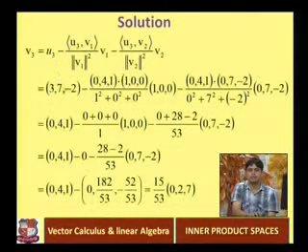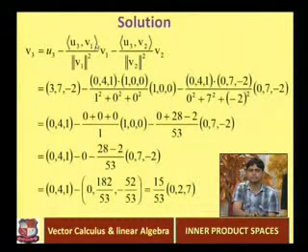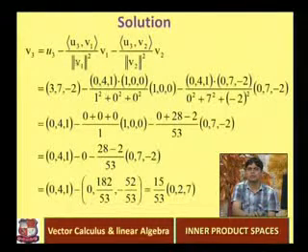Write the value of u3. Here again I repeat, since we are given the Euclidean inner product, we write the inner product as the dot product of u3 and v1 upon the norm of v1 squared,